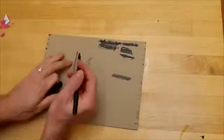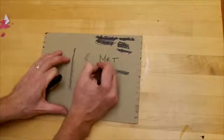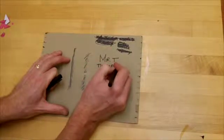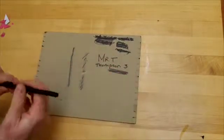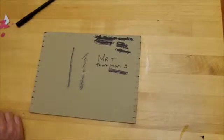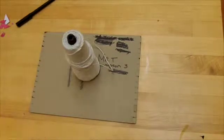You will write your name, Mr. T, and you can write your teacher's name, whatever your teacher's name is. I'm going to write my other name, or you can write 3rd grade, because you're probably in 3rd grade if you're weaving with me right now. So you need to get string for this project, and you also need